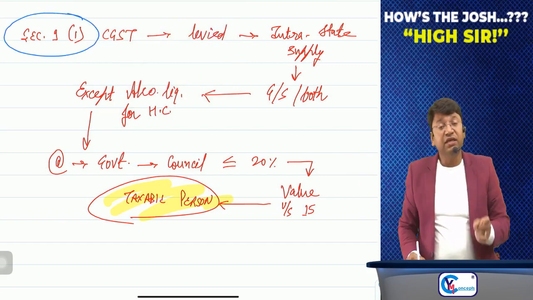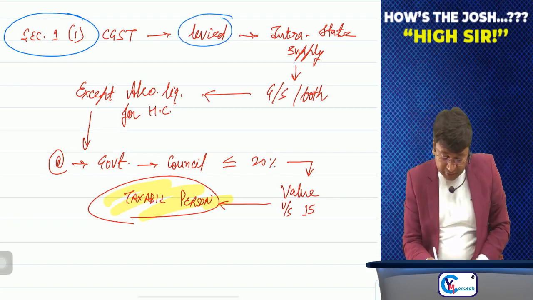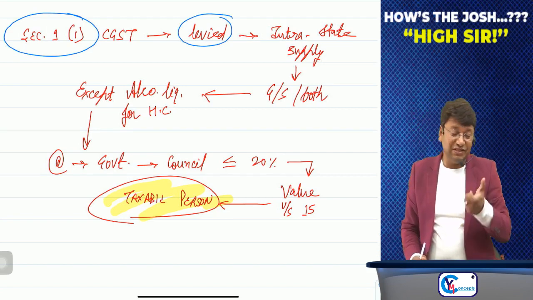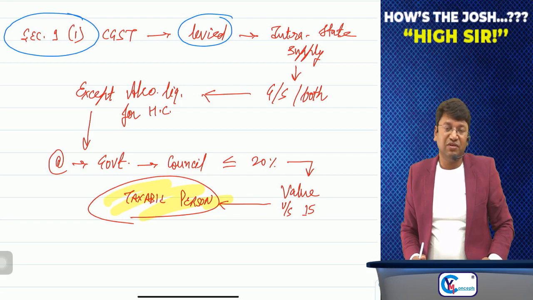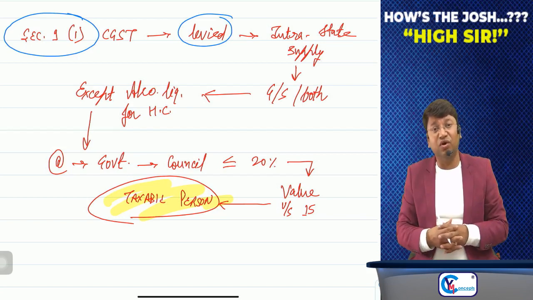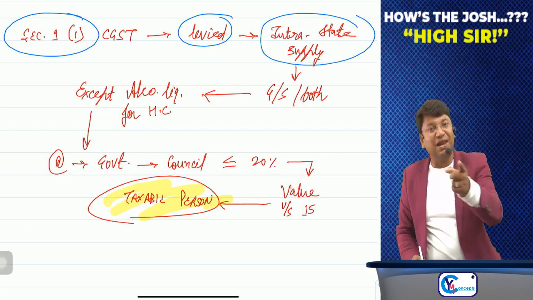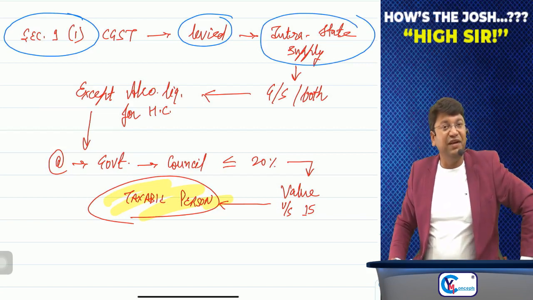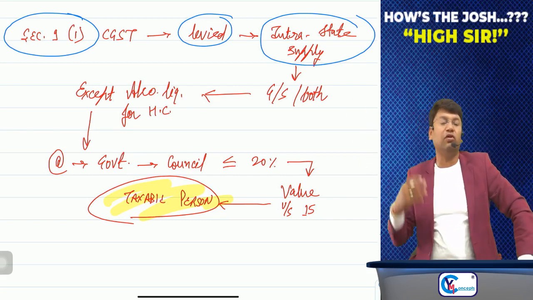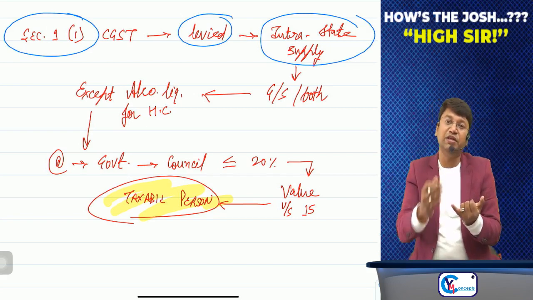Listen to me again carefully. Sir, in this section, section number 9, subsection 1, it is written that GST will be levied. What do you mean by levy? Levy means, sir, GST will be charged. GST will be imposed. Sir, on which act? On which activity GST will be charged? Sir, GST will be charged on intrastate supply. Okay, if it is interstate, then IGST will be charged. If it is intrastate, then CGST will be charged, and equally SGST will also be charged. And if you are located in Union Territory and you are making intrastate supply, then CGST and UTGST will be charged.